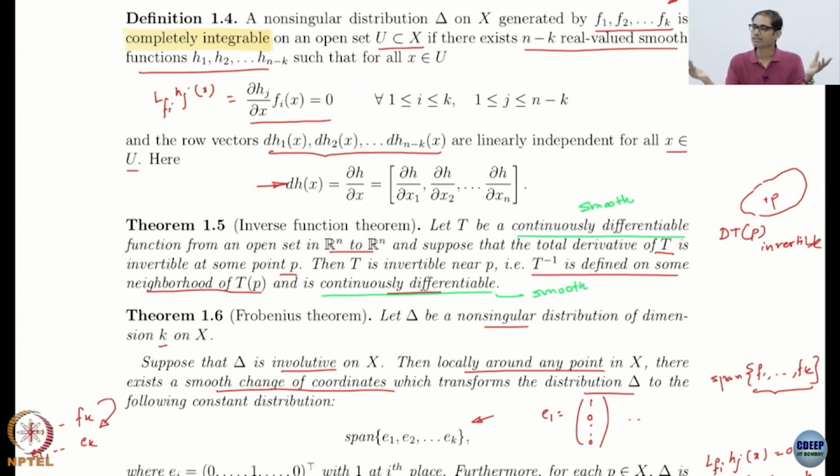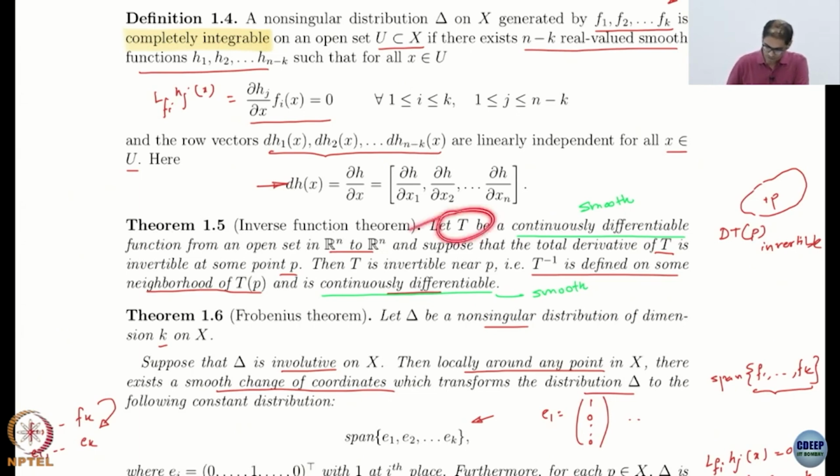We take a nonlinear system and we linearize around some equilibrium point, and then we look at the linearization, the A, B matrices. If they have some nice properties, like if A is a Hurwitz matrix, we say that the system is locally exponentially stable or locally asymptotically stable. So this is almost like that. The derivative of a map, or the Jacobian of a map, actually gives you something about the invertibility of the map, okay. And this is why these results are rather powerful and applicable in so many different places. So that's what this is saying.